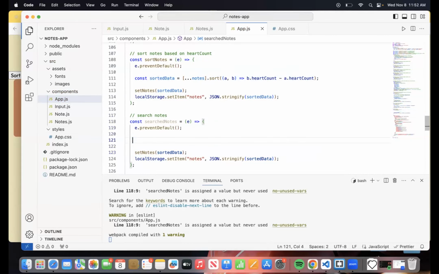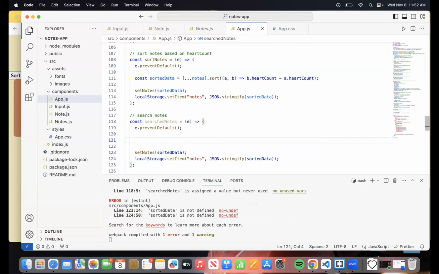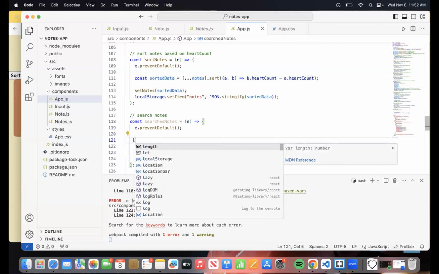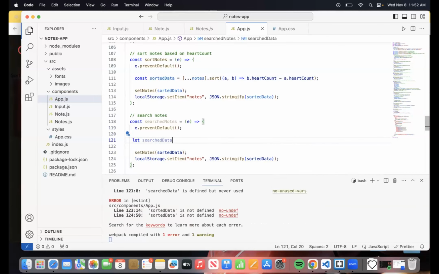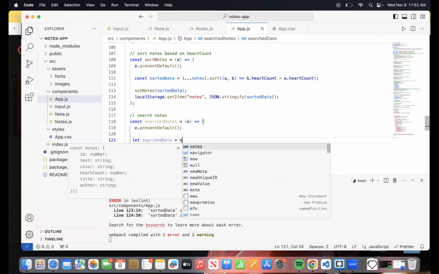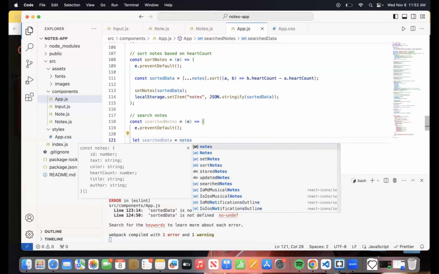I don't need this. So for this, what I'm gonna do, I'm gonna use the filter function. So the idea for using that is, I create a variable that's gonna hold the searched data, right? And I'm gonna call in our notes the array of objects that holds all our information.